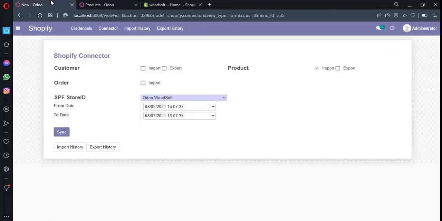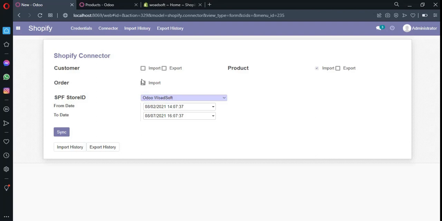I'm going to move to the last one, that is order. In the order service we have only one option, that is import. You just import all the orders from Shopify into Odoo.